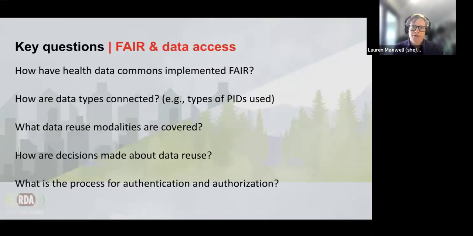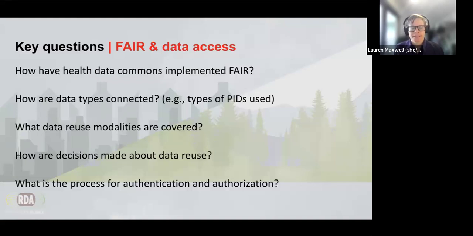So we're also interested in understanding how these health data commons have implemented FAIR. That relates to the poll that CJ put together at the beginning. How different data types are connected. So what types of persistent identifiers are being used to connect data types within individuals, or so thinking about, how